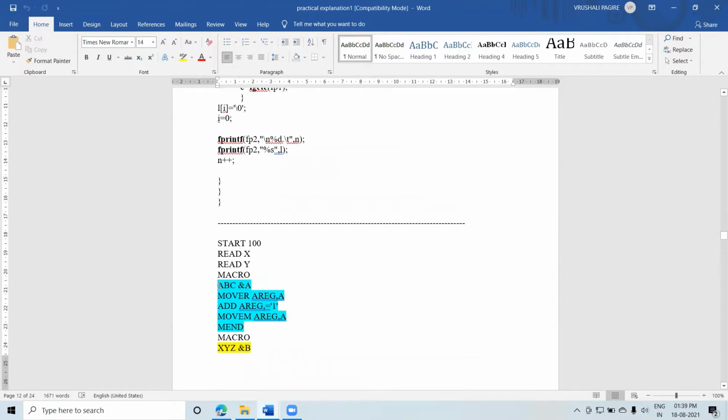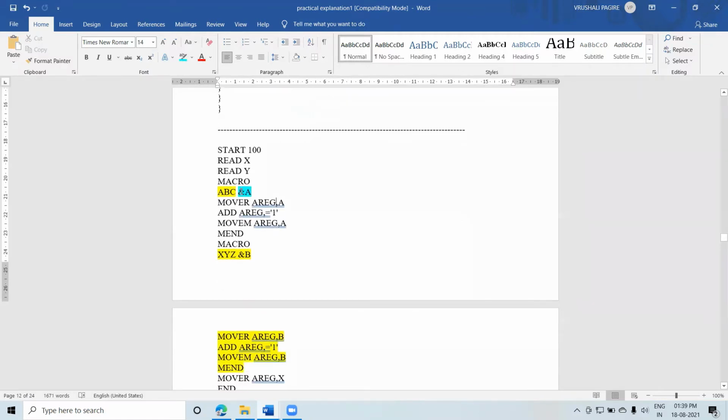In this micro definition, you can see there are some parameters. ABC is the name of this micro, and we have already generated the code for the MNT. Next, ampersand A is a parameter. In today's session, we have to write the code to generate the list of these parameters.